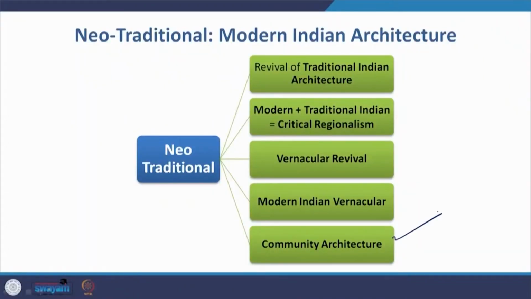In the revival of traditional Indian architecture, I have talked about how our historical texts are playing a role along with modernism in the works of architects like K.T. Ravindran, for example, in the Raghunath House, or Charles Correa's design of the Vidhan Bhavan in Bhopal. When I talked about vernacular revival, I talked about straight vernacular revival that you find in several projects, like for example the works of Vasant and Revati Kamath.